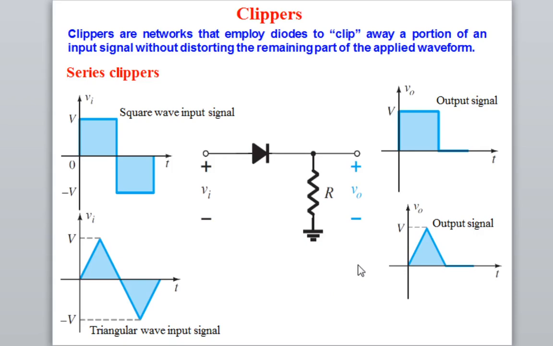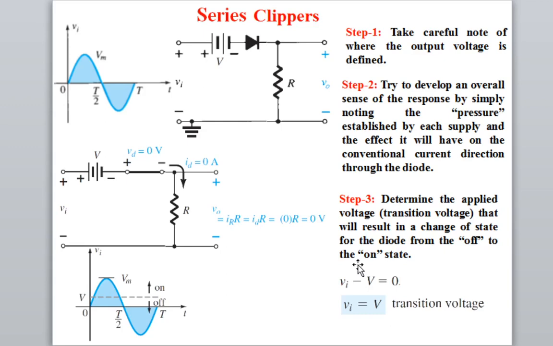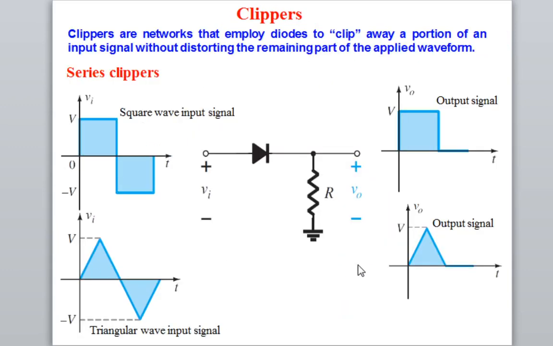So let us try to understand, if we are given a numerical problem, how one can solve it and find the output wave from the clipper. Here, whatever circuit I have shown is a very simple clipper circuit. The input signal is given, the series resistance is given, and the series diode is given. This diode is connected in series with the input voltage. That is why the name series clipper comes. Then we are measuring the output across the load resistance.